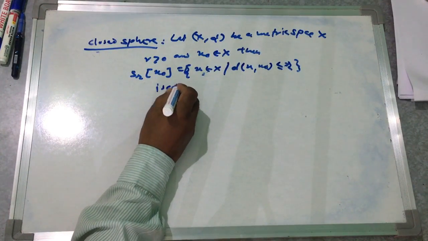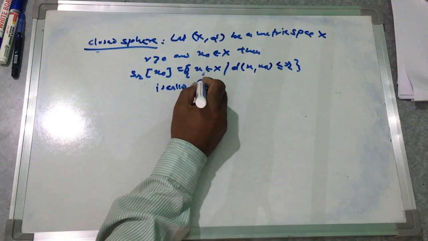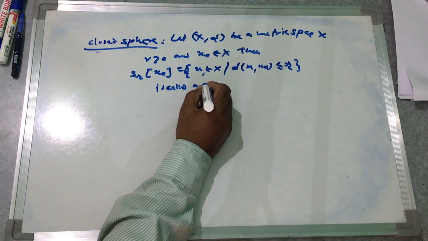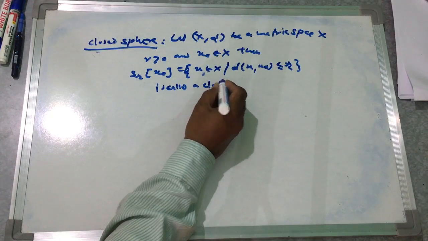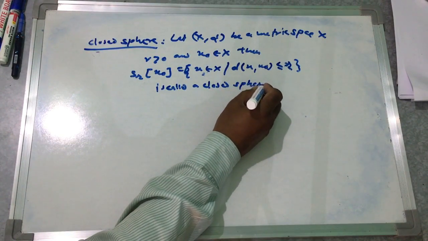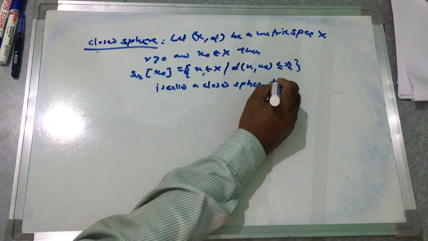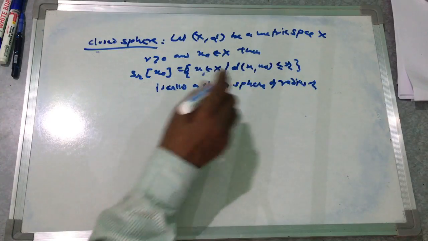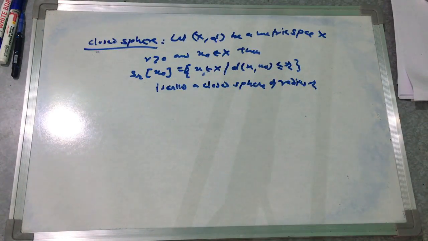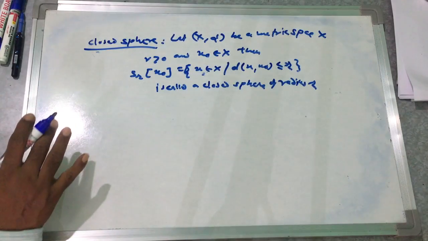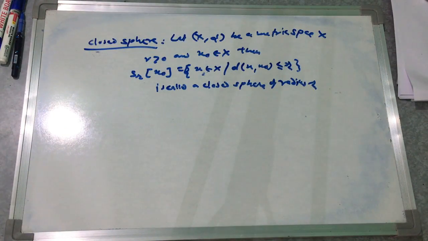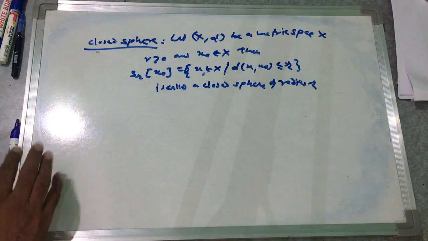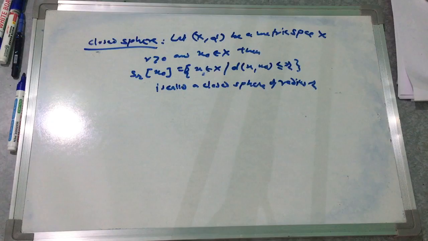This is called a sphere. It is called a closed sphere of radius R, center at x0. So you have to look into the definitions and the points. So we will have, again,